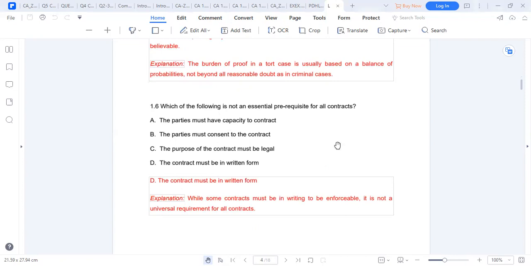1.6, which one of the following is not an essential prerequisite for all contracts? Which one of the following is not a prerequisite of all enforceable contracts? So the question is, what are the prerequisites of an enforceable contract? So a contract must have offer,